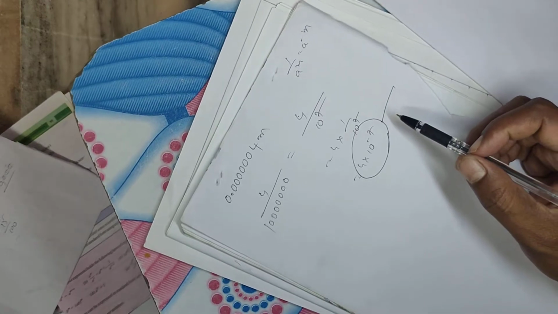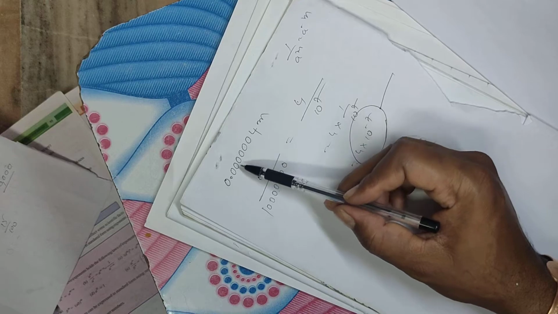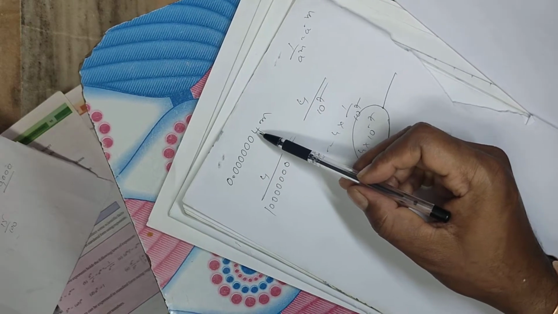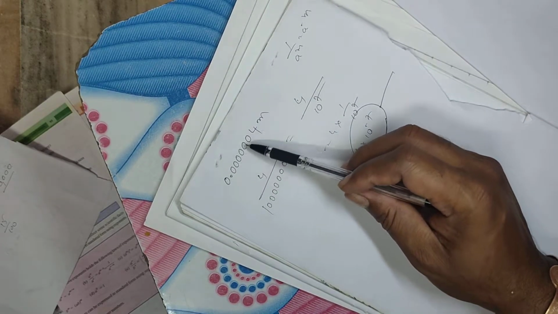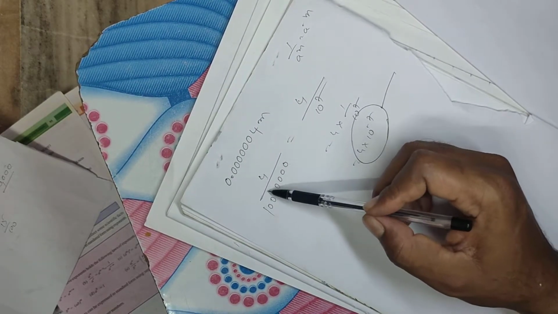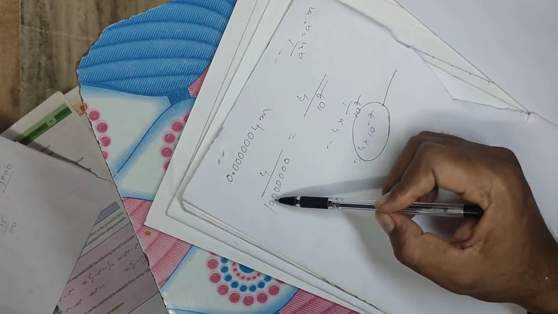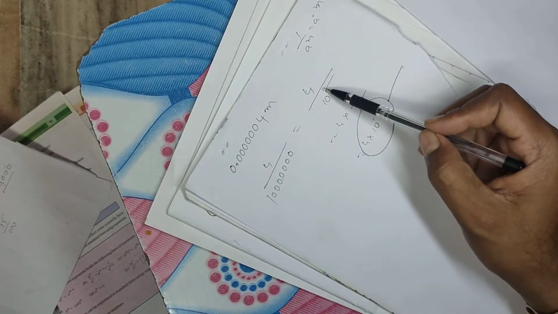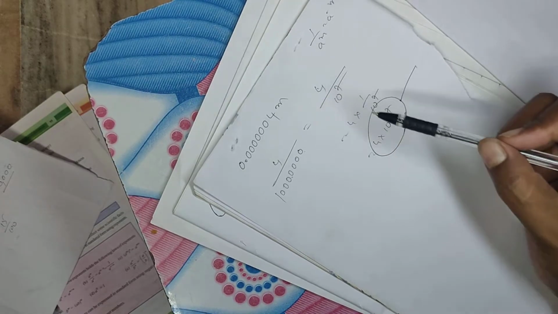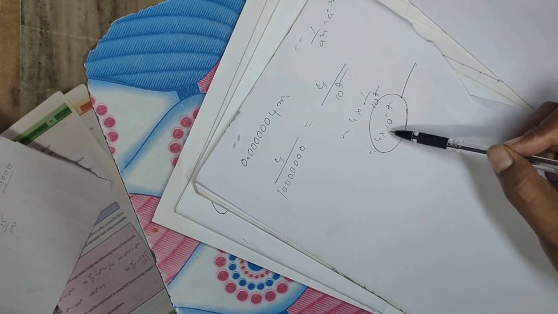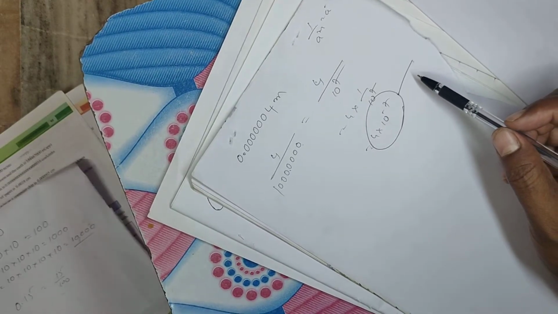Once again I'll explain, just listen. 0.0000004 is there, 6 zeros and 4. It has to be expressed in standard form. So after the point 7 digits are there, so divide by 7 zeros and 1. 4 by 7 zeros and 1, the point will be removed, and 7 zeros and 1 can be written as 10 power 7. 1 by 10 power 7, if it goes to the numerator, becomes 10 power minus 7. So 4 into 10 to the power of minus 7. Okay.